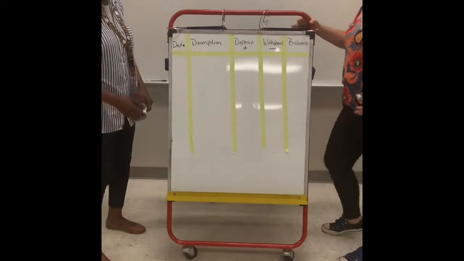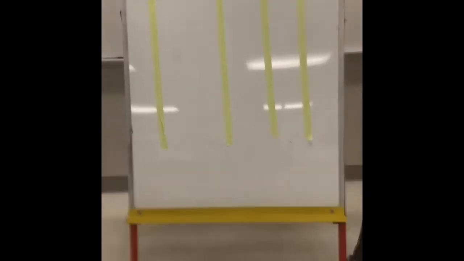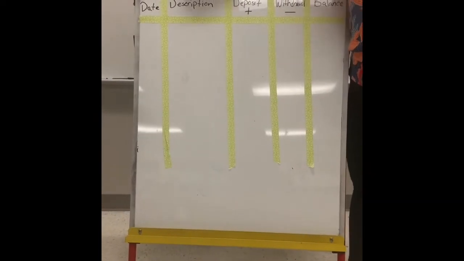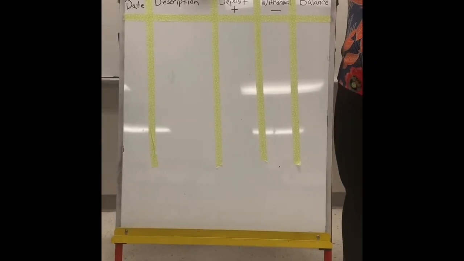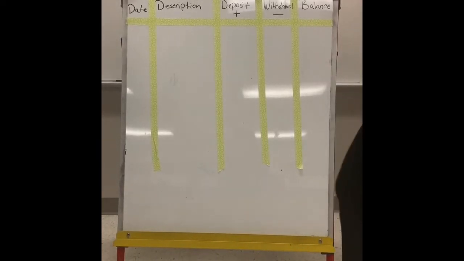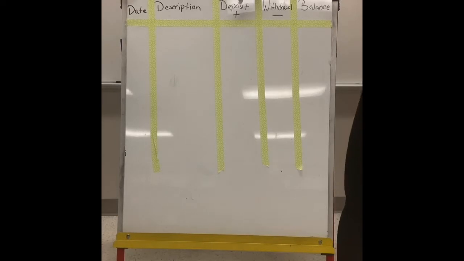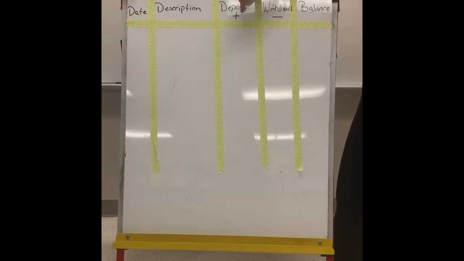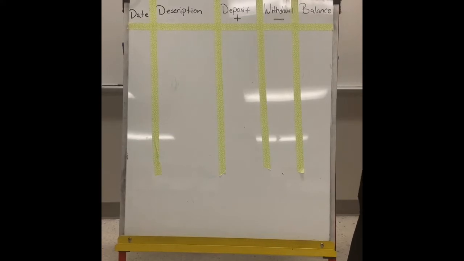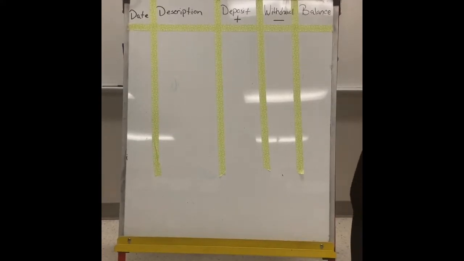It's very important to keep track of your money, and this is a way to keep track of your money. You'll notice there's a spot for the date, a description of what item you may have purchased. Whether it's a deposit or withdrawal, you'll put how much there. Deposit is money coming in, so you'll add that money. Withdrawal is money coming out, so you'll subtract that money. And then your running balance, or your balance. So let's say